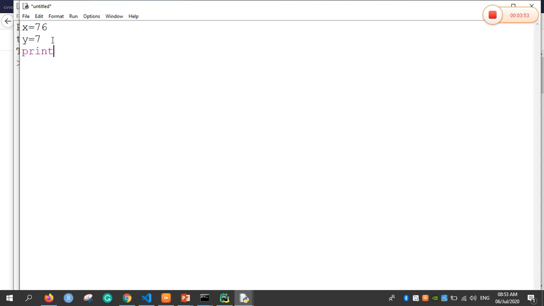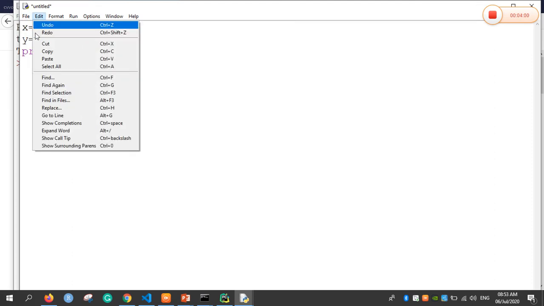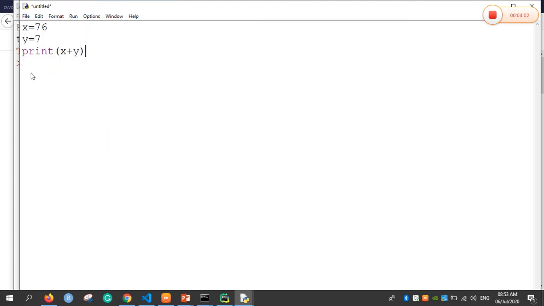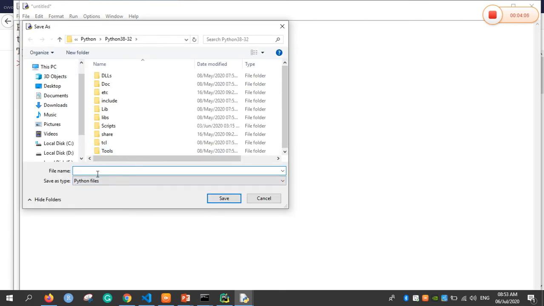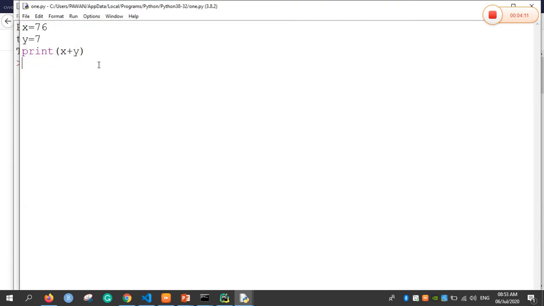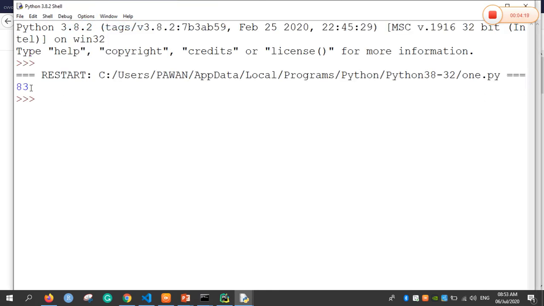Now print those two values, print x plus y, that is the added value. First save the file. It will save the file type as Python by default. Name the file, and after saving you can clearly see that the file was saved. Now go to the option Run and select F5. The value is going to be displayed. This is the second way of running the Python program.